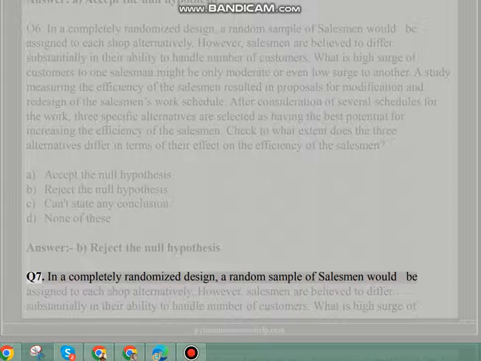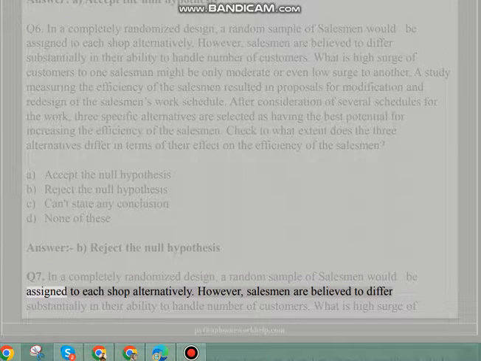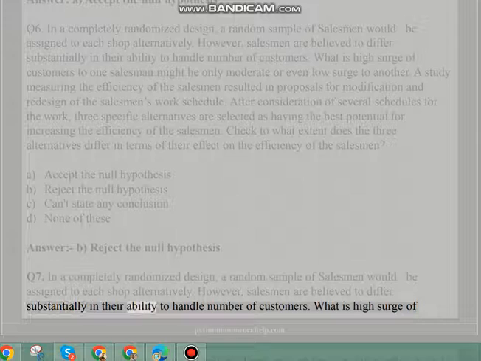Q7. In a completely randomized design, a random sample of salesmen would be assigned to each shop alternatively. However, salesmen are believed to differ substantially in their ability to handle number of customers. What is a high surge of